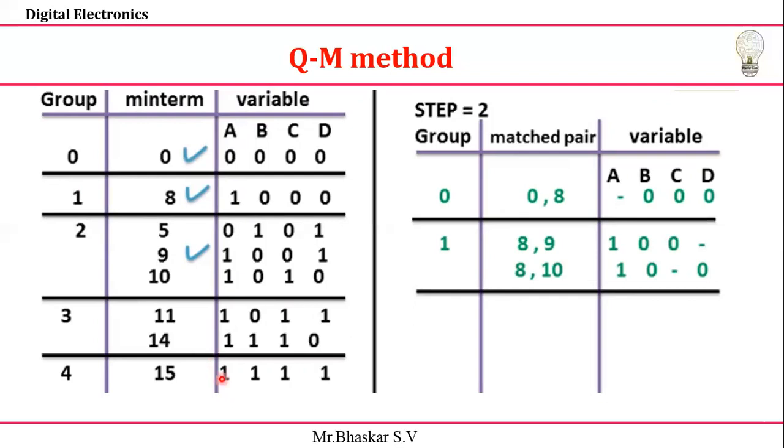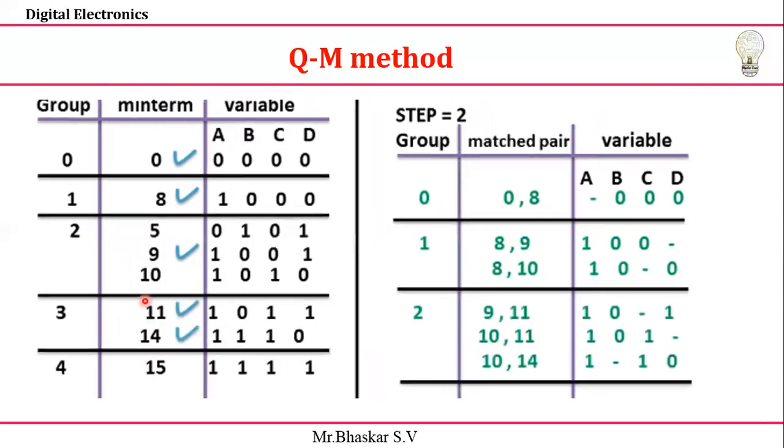Okay, next, looking at the second group of step 1, that is 5. I'm going to check 5 with 11, 14 and 15, just check it out. What changes do you get? Here, 5 with respect to anything is not possible. You can check it here: 1 0 1 1, 2 bits will change, and for this one also 2 bits will change, and here also 2 bits will change. 5 is not possible, and take care about that.